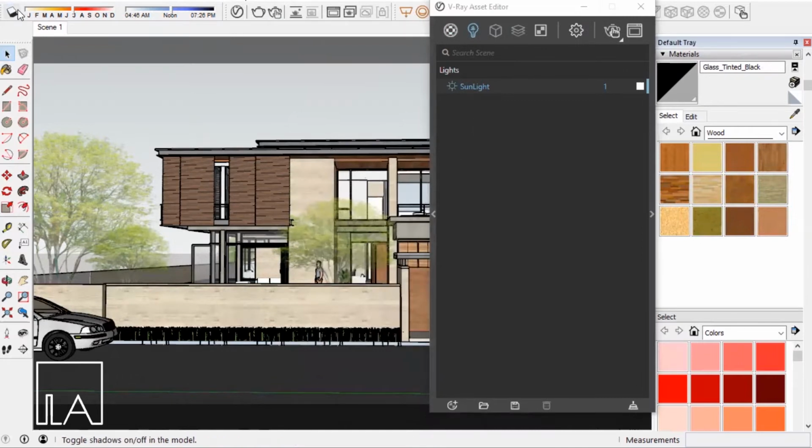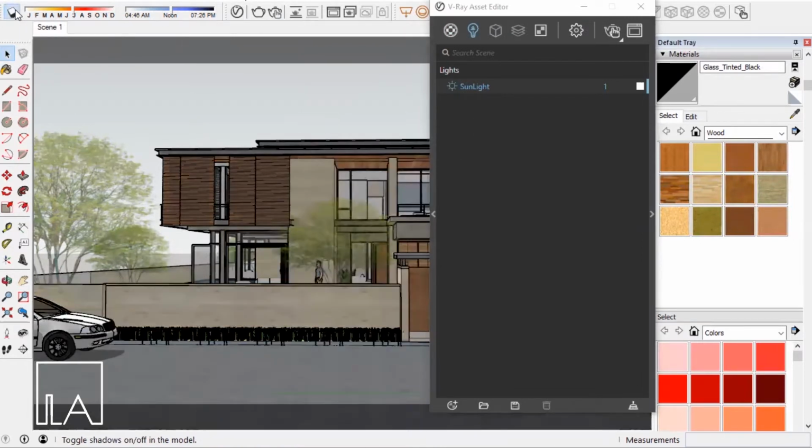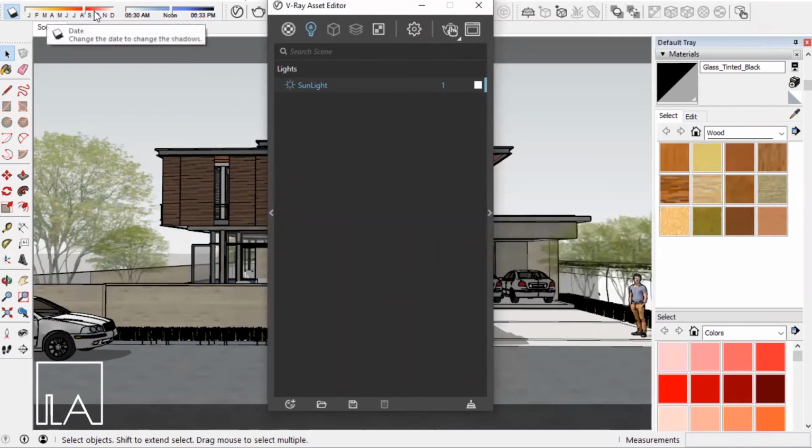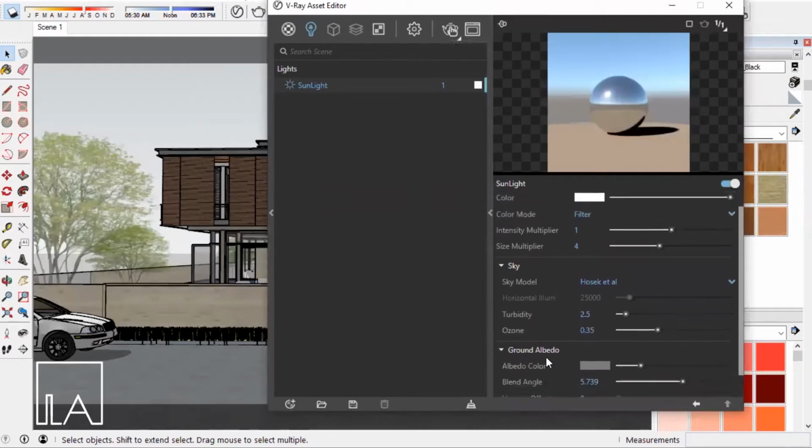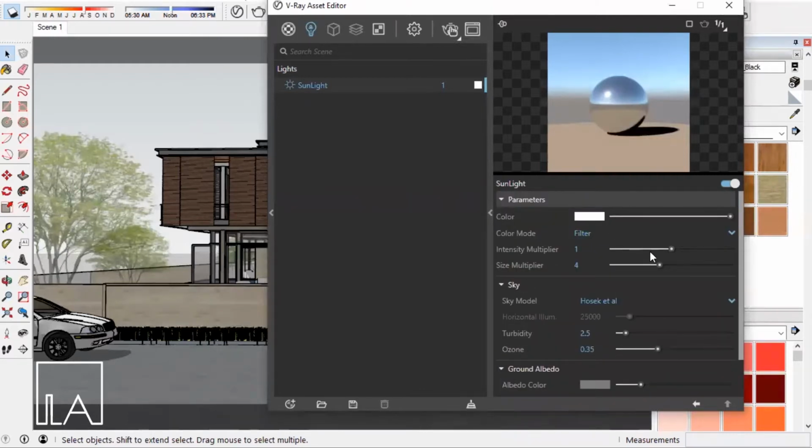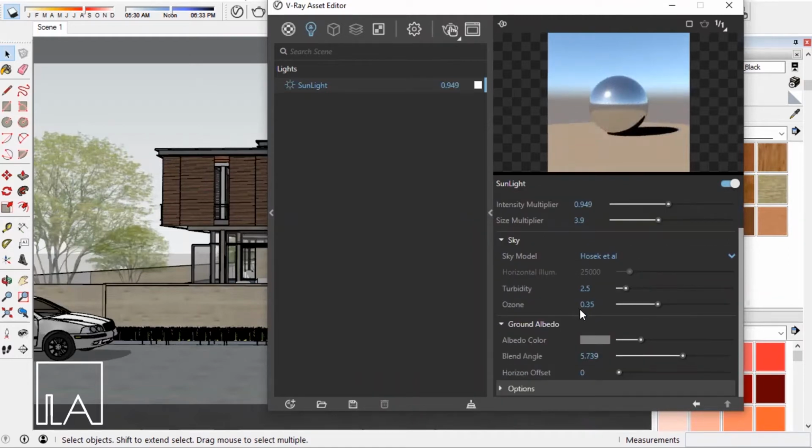So as you guys already know, you can just turn on this show and hide shadows in SketchUp and adjust the sun settings over here using the month and the time option. So once you are done editing the shadows using your show and hide shadows option in SketchUp, come down to your asset editor and choose the sunlight settings and open the right tab to adjust a few parameters for the sunlight settings. So here you can just use the intensity multiplier option to control the sun intensity and the size multiplier option to control the smoothness of the shadow of your sun. Likewise, you have similar parameters to control the sunlight and the shadows over here.